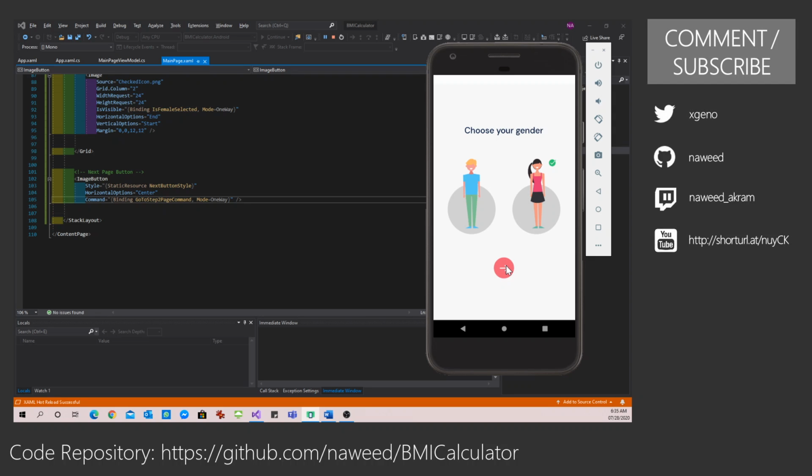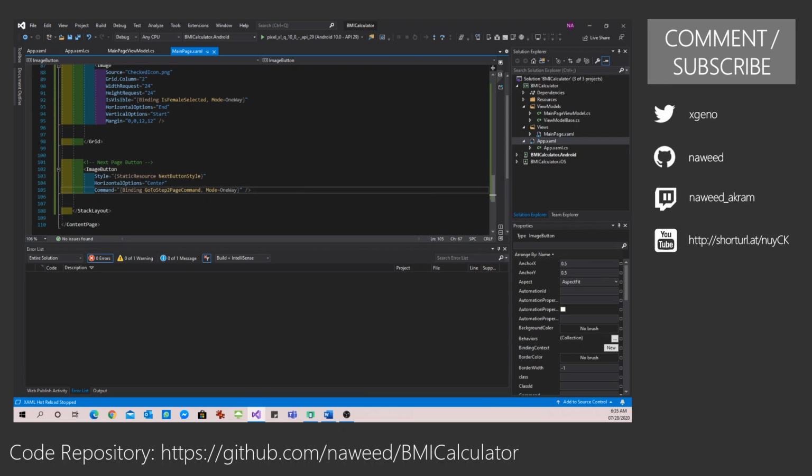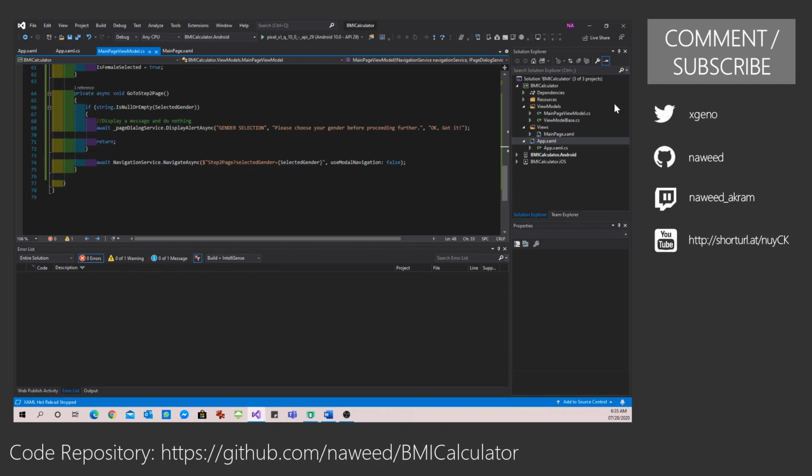And if we have selected something and say next, and of course it is going to throw an error because we do not have page 2. So it is not doing anything because page 2 is not defined yet. So let us do that. What did we call it over here? We called it step 2 page.